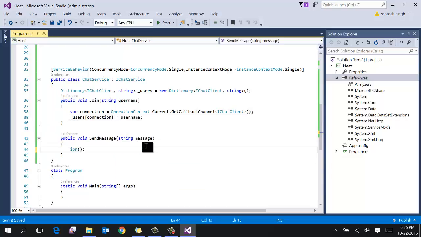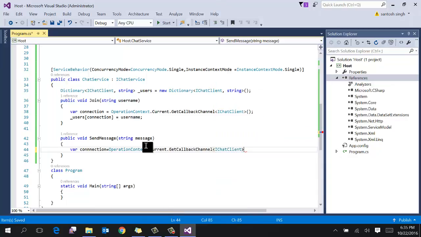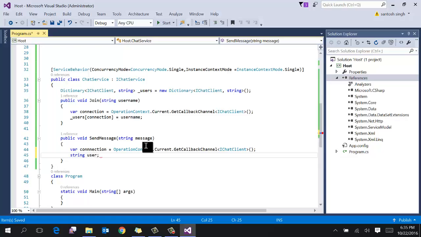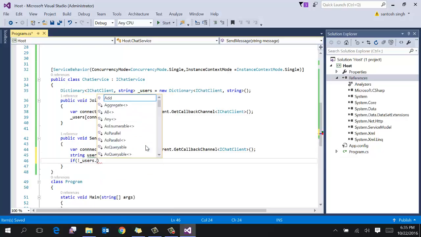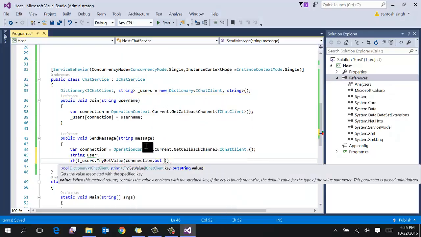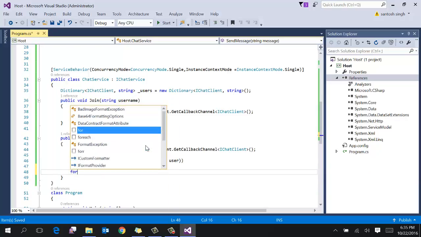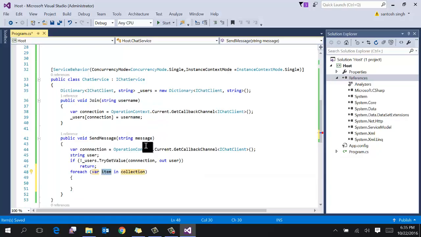Move to the SendMessage part. Same thing, first find the connection information, declare one variable and check if the user exists in this dictionary, and then loop over all the clients.